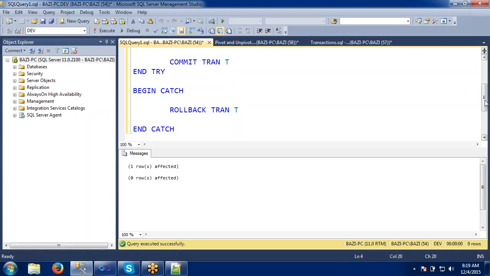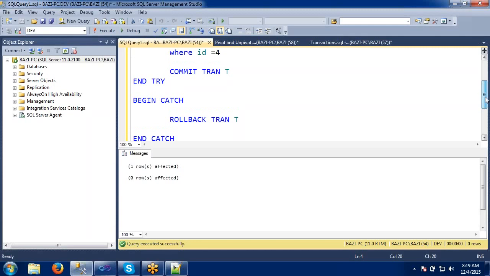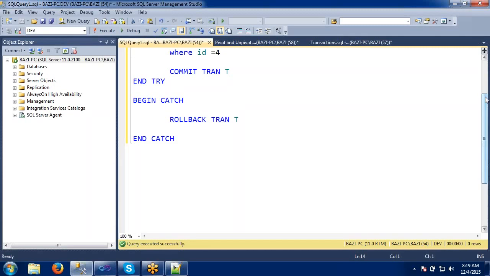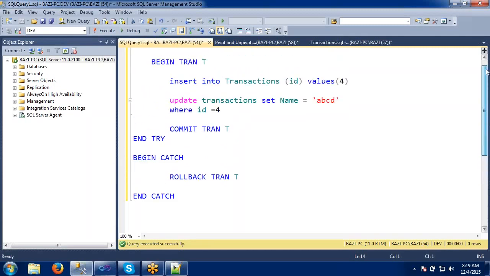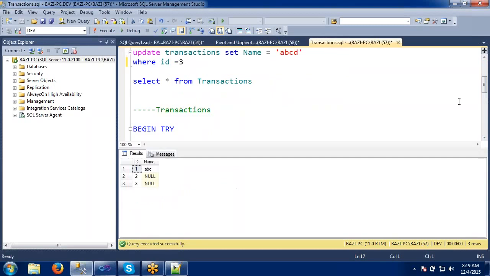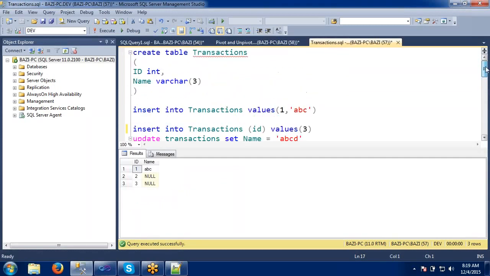Yeah, that's what I asked you. On what condition is it rolling back? Where did you specify that it should be only 3 characters? Yeah, the very first table, when I created this table here, what are my two column names? First column name is ID, second column name is name. It should be 3 characters, right? Yeah, three characters. Okay, got it.